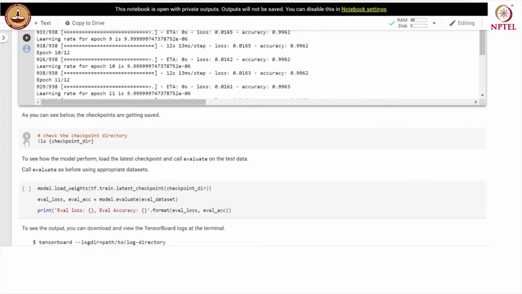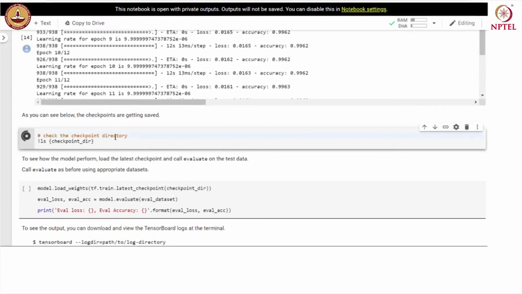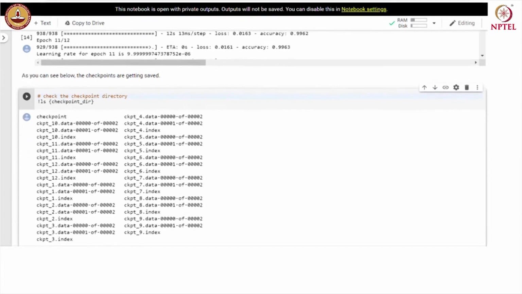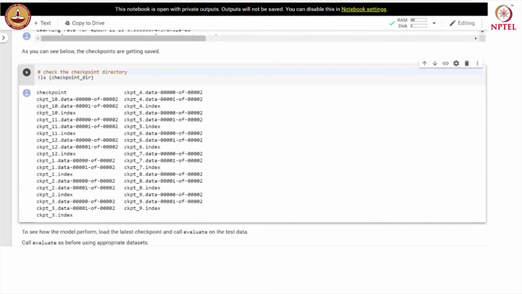Let us see how checkpoints are getting saved. We perform a directory listing on the checkpoint directory, and you can see that there are multiple checkpoints that were saved. After every epoch we have a single checkpoint. So, there are a total of 12 checkpoints stored for the 12 epochs for which we trained the model.